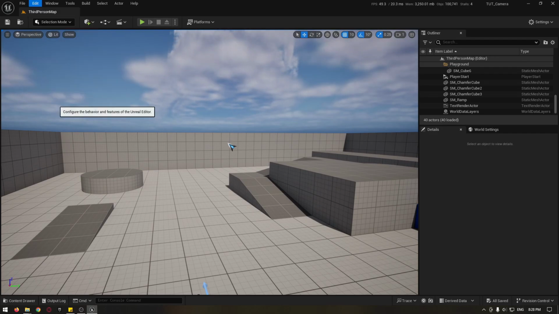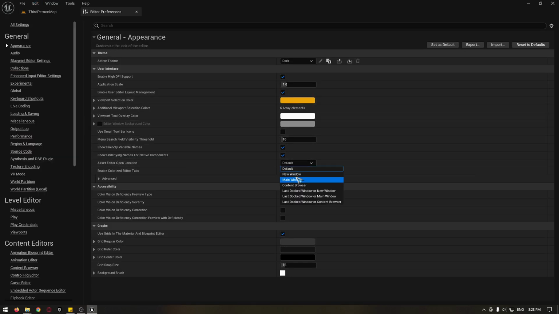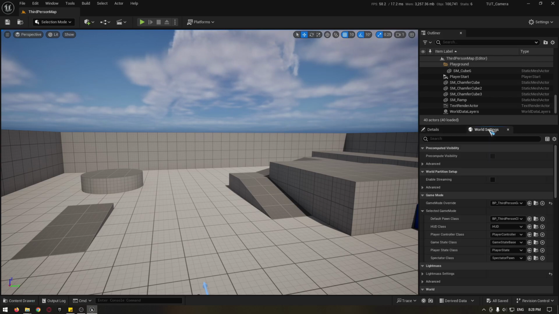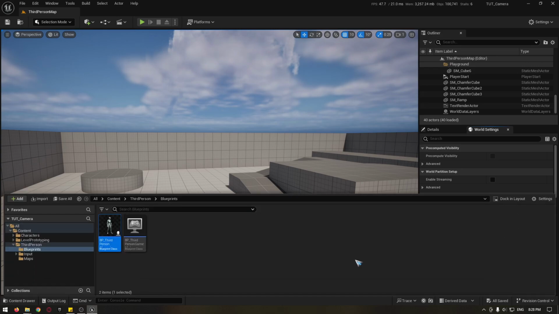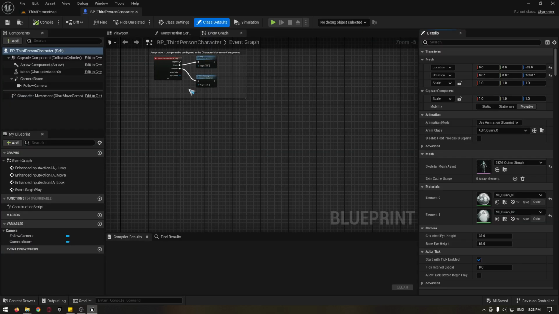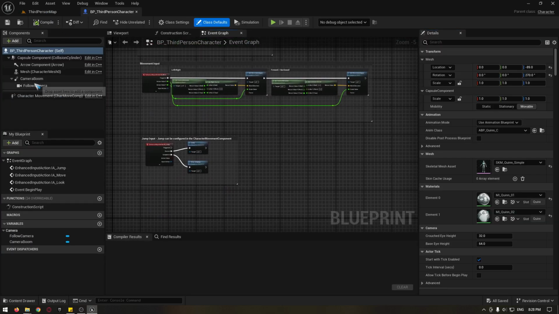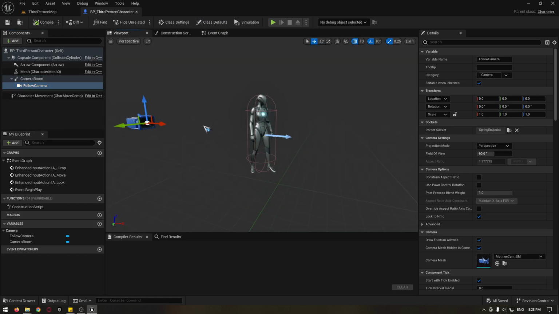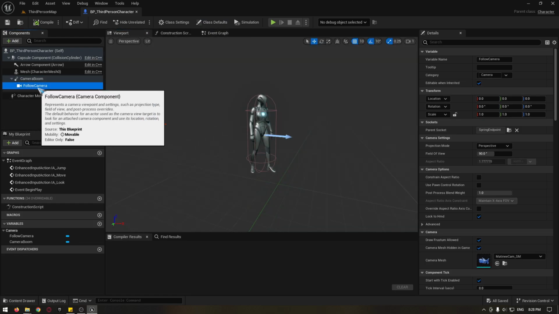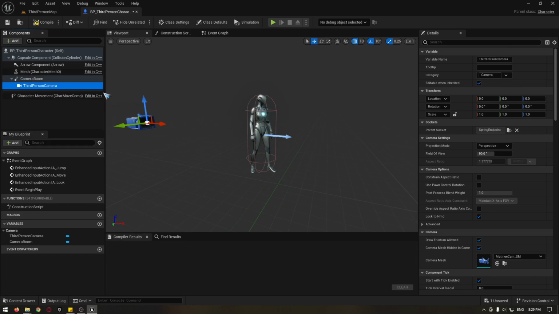I'm going to do the rituals first. I'm going to make this the main window, so my windows open on the main window. So yeah, just open up a third person blueprint class that we already have the character, and here you'll see the follow camera, which is like a chase camera, and this is what we call the third person camera. I'm just going to rename it third person camera, and what we need is a first person camera to switch,